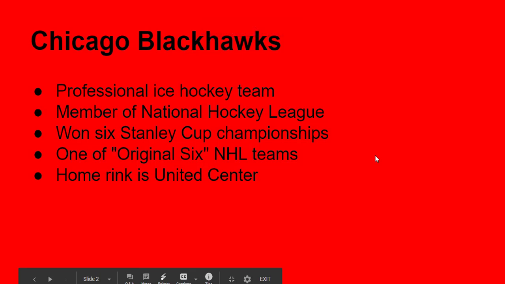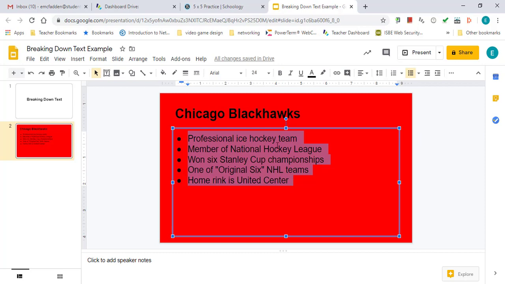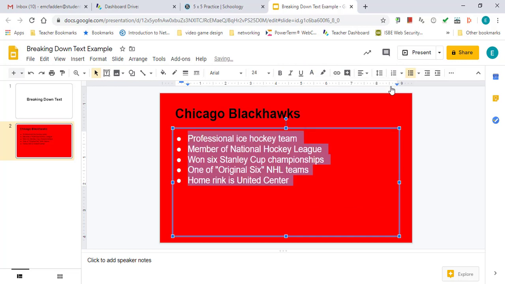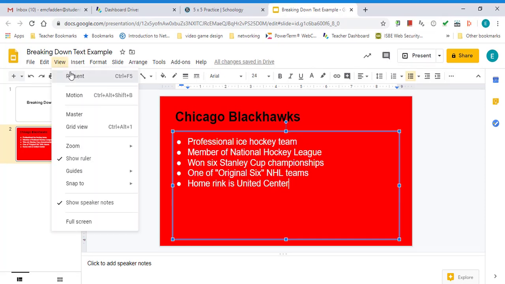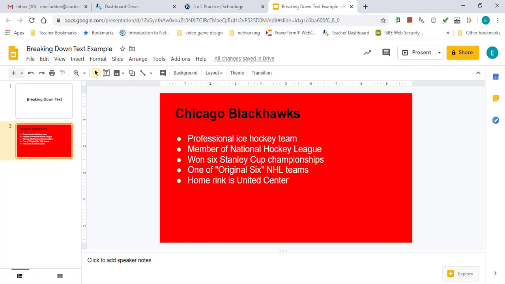And that looks okay. I think the red and the black, though, could be maybe a little bit difficult on the eyes because they are both kind of darker colors. So I might play with that a little bit. So what I'm going to try, how about I'm going to select the body text and I'm going to change the text color. So I'm going to come up here and I'm going to try white. It seems to pop out a little bit more. Let's take a look at it in the present mode. Yeah, I think that's a little bit better. Let me go ahead and go back